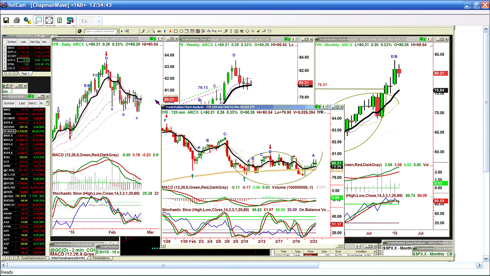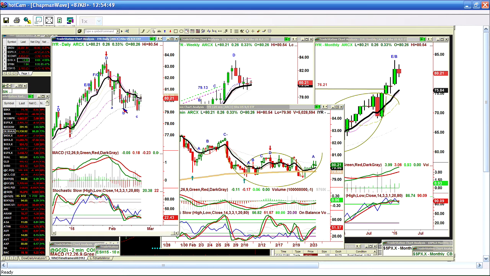It keeps having these little bounces, but there's that H pattern that I always talk about. There's the H pattern. It closed under the left side low, which says that the next bar has to be a good bar going way back above the low that was made at 79.20. And lo and behold, the close was 79.11 on the 19th, and then the 20th had